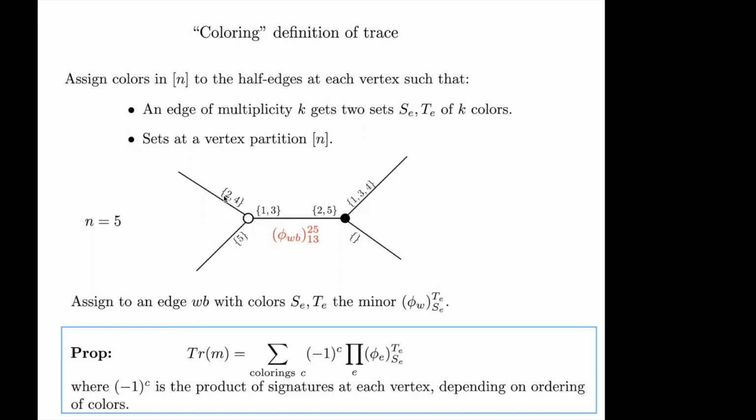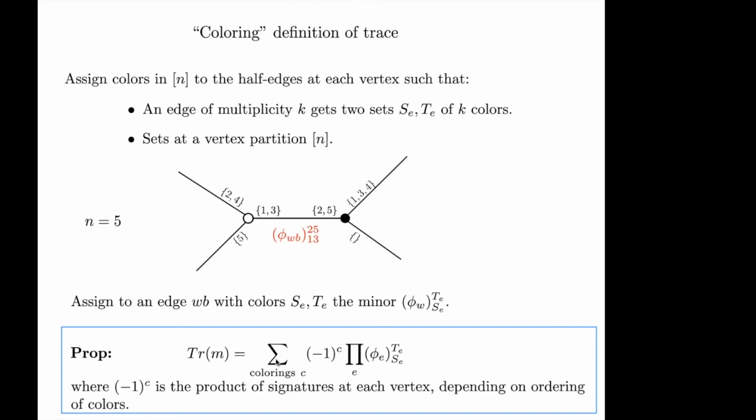1, 3, then 2, 4, then 5. A cyclic permutation, and it has a signature. I mean, if n is odd, it has a signature. If n is even, you have to know where to start, and that gives you an extra sign problem. But once you fix the place to start, then you have a well-defined sign for any coloring, and then